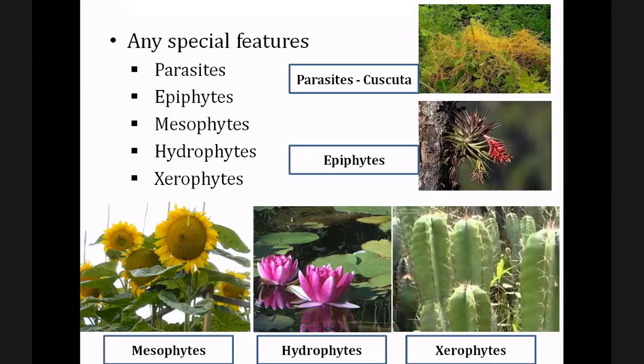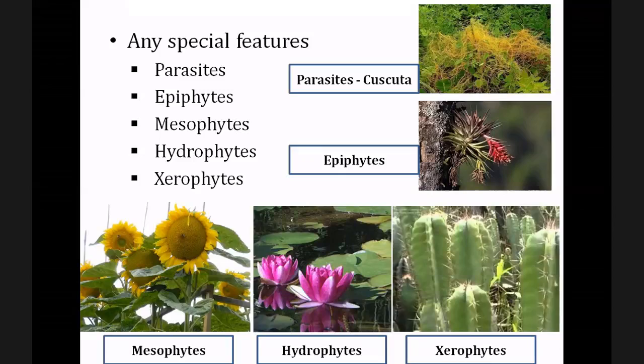Okay. The second one is the epiphytes. We also call them air plants. The epiphytic plants we also call air plants. This plant also lives on another plant. That plant grows upon another plant only for support. They are not a parasitic plant. They live on another plant only for the support. For the physical support, they live on another plant.